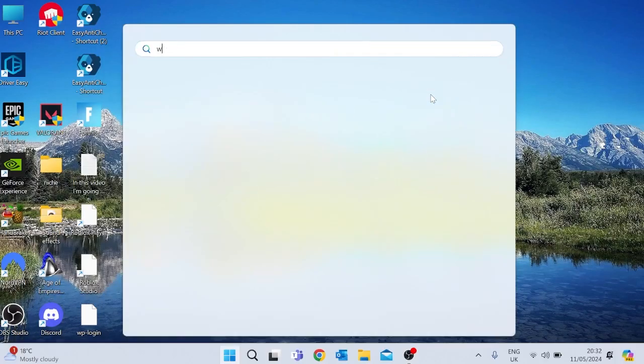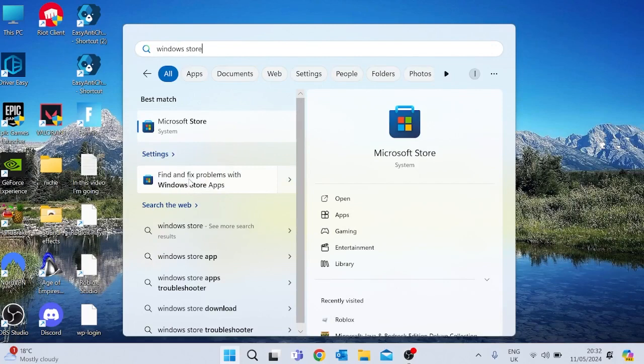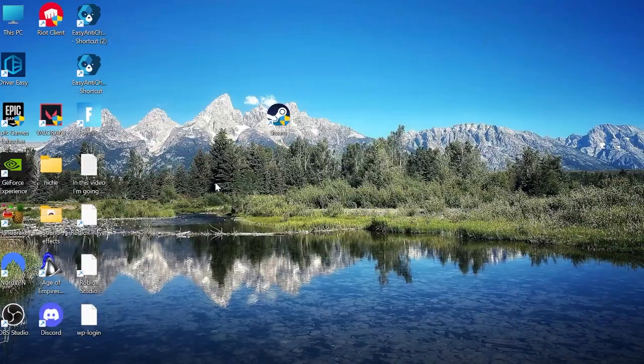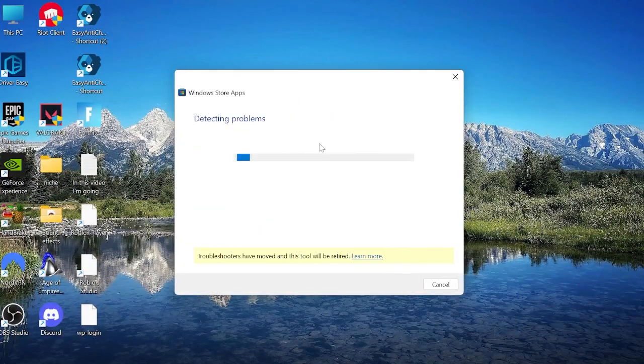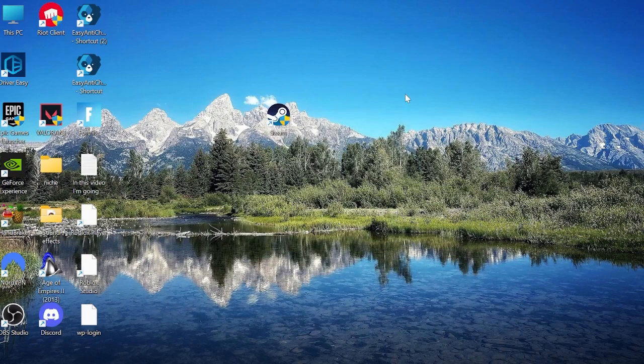come to the start menu and search for Windows Store, and then you want to select where it says find and fix problems with Windows Store apps. And then just go through the steps on this screen, and Windows is going to try and detect any problems with the Microsoft Store. Once we've done that, the next thing you need to do is come back to the